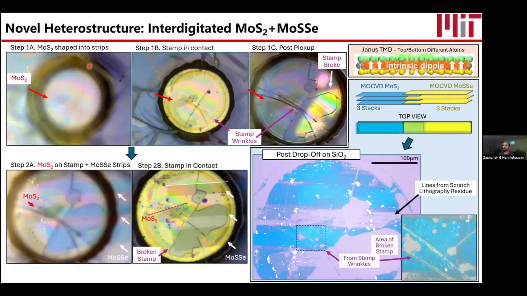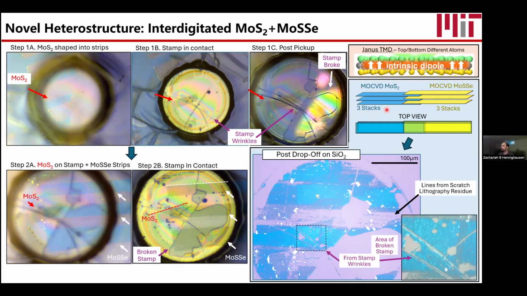So here's step 1. Here's our MoS2. I'm looking at the strip. This is what I want to pick up. I made contact. I picked it up, and I don't know if you can see it, but there's a rectangle here. So now I know I picked it up. Unfortunately, my stamp broke, so we still need to make our stamps more reliable, but that's the next step. So we picked up our MoS2, and now I'm going to go over the Janus, and this is me looking over the Janus, me aligning everything, and then I make contact, and I was able to pick it up.